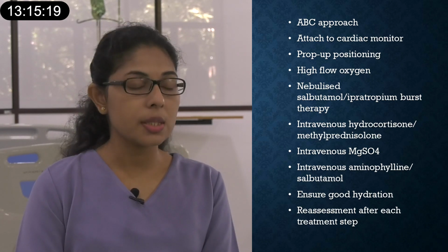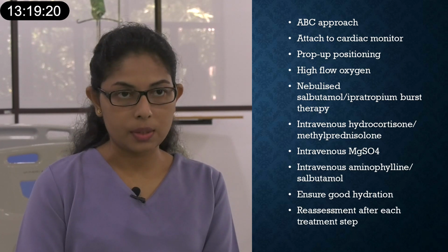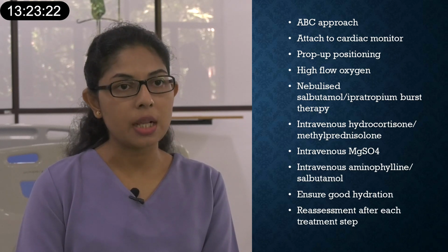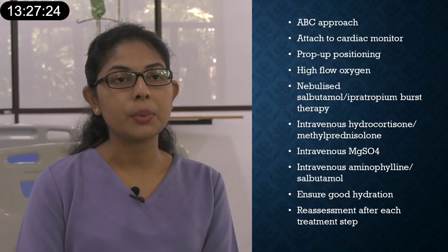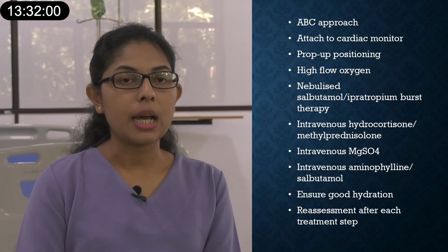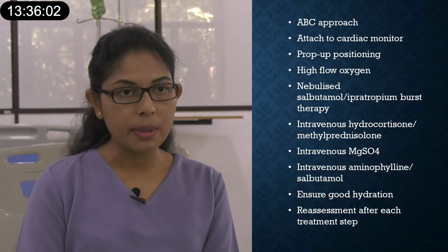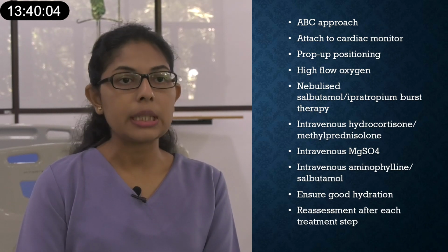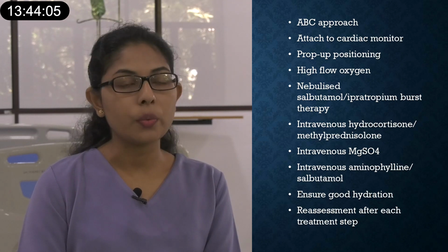If she is still wheezing, then I have to go for the second-line drugs. In that I have to give IV magnesium sulfate, but before giving magnesium sulfate, I have to assess the baby's hemodynamic stability. Then I will check the blood pressure, as it can cause hypotension and muscle paralysis. Then preferably I would give magnesium sulfate in the HDU setting at a dose of 40 mg per kg over 20